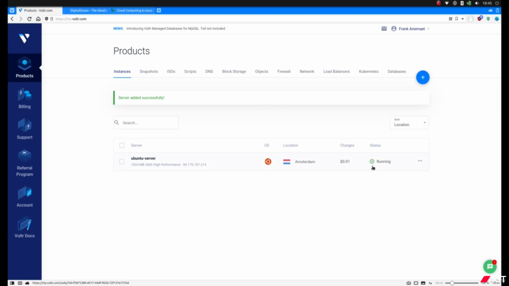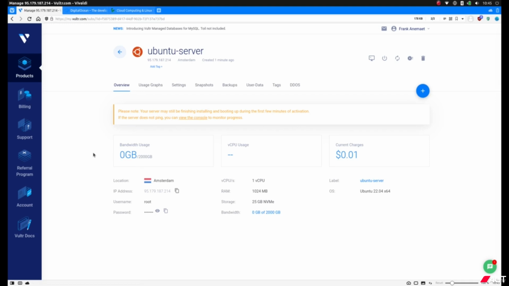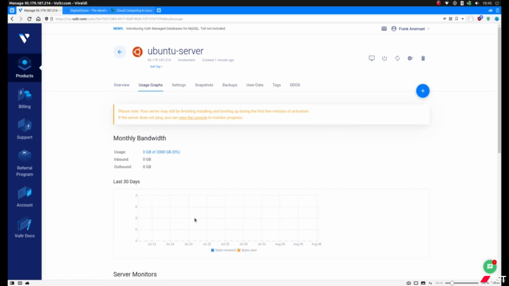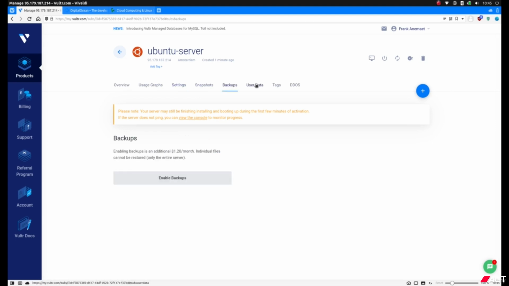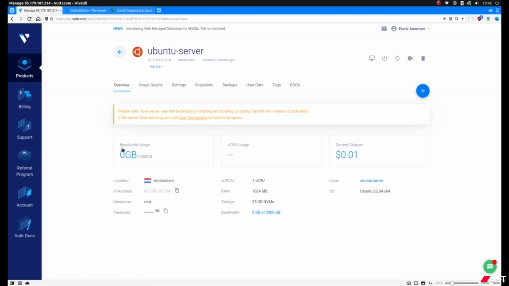So once the installation is complete, you might see the status running, and we can click on it. So we click on our server and you'll see some default information, like some tabs here with overview, usage graphs. So that is the actual usage of the server. You have some settings here. You can take snapshots, automatic backups, depending on the cloud provider. So as I mentioned, all of the